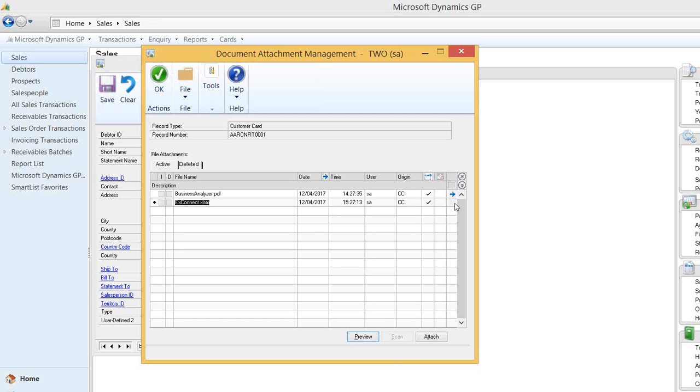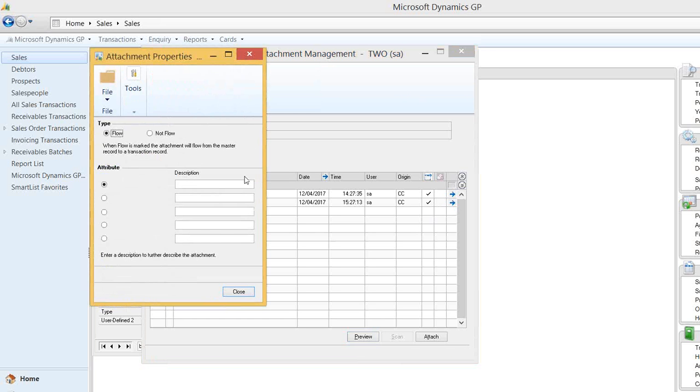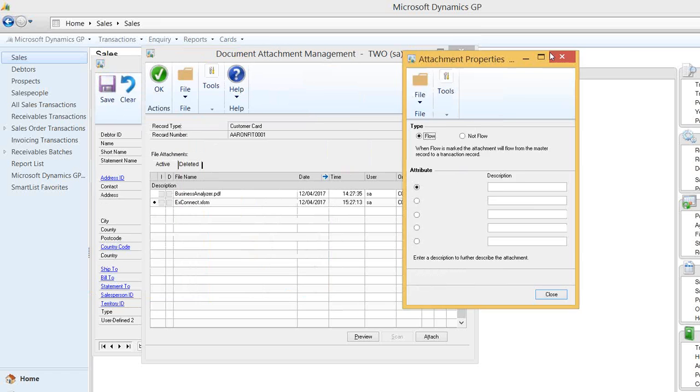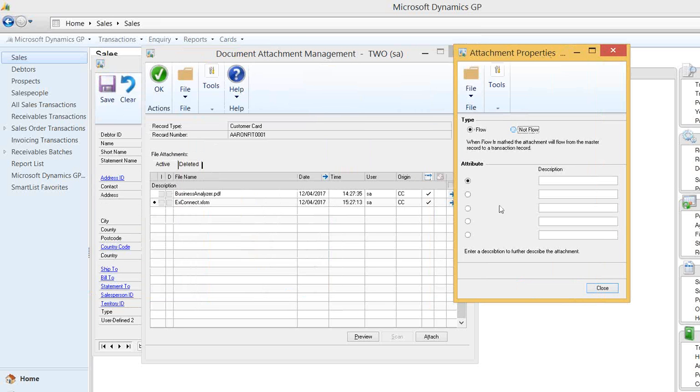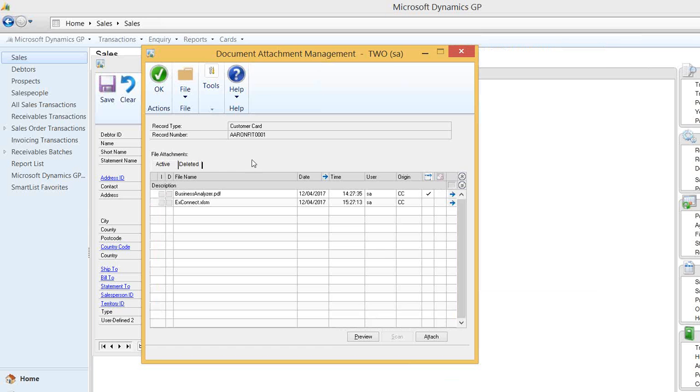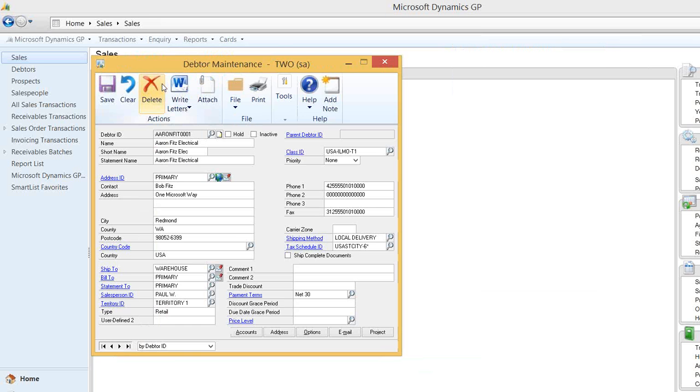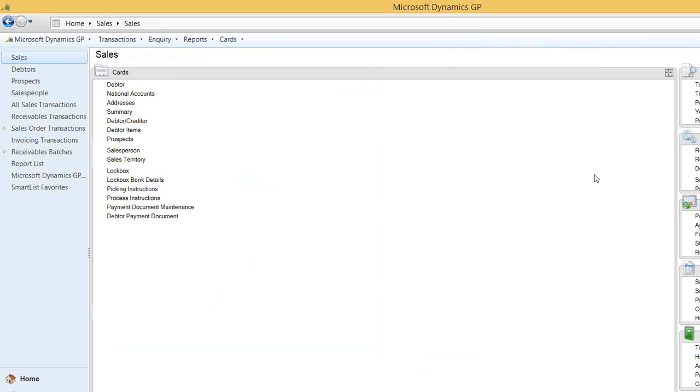Okay, so you can also tell the system that that document flows to the transactions or does not flow. So I'm going to set that spreadsheet to say do not flow, and you can add attributes inside the documents if you want to. So if I click OK on that, and we'll go across now, we'll put a